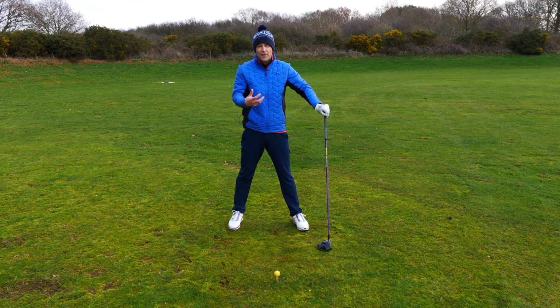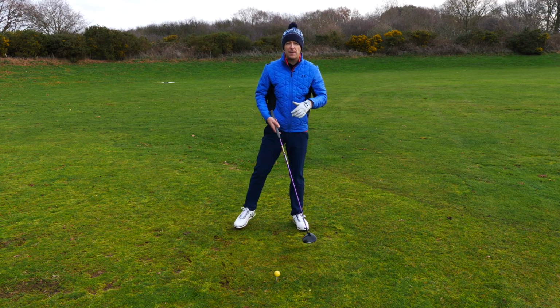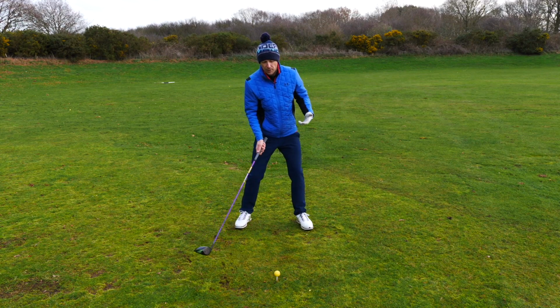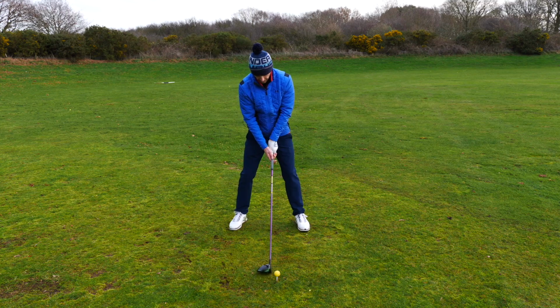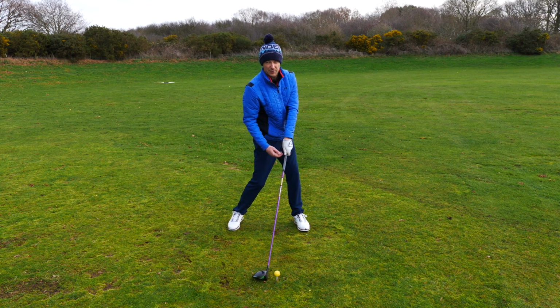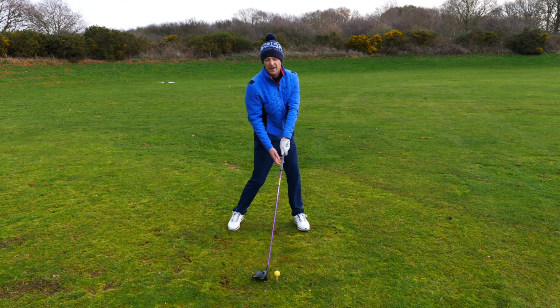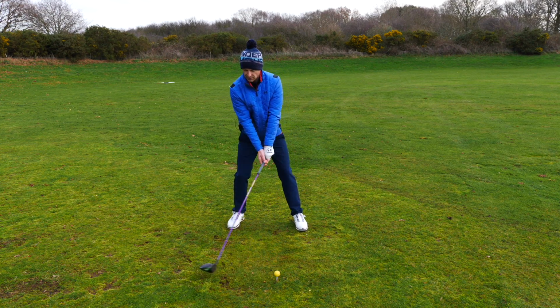Now what's he doing here? Well, I think this kind of drill will help you feel what open actually feels like. A lot of people don't really know what it's supposed to feel like at the moment they strike a golf ball. So if you get yourself set here normally, and then just open your hips, open your shoulders a little bit. So roughly you want about 30 degrees open with your hips, 15 degrees open with your shoulders would be a good guide. And then you open here, get that feeling, come back, and then just very slowly